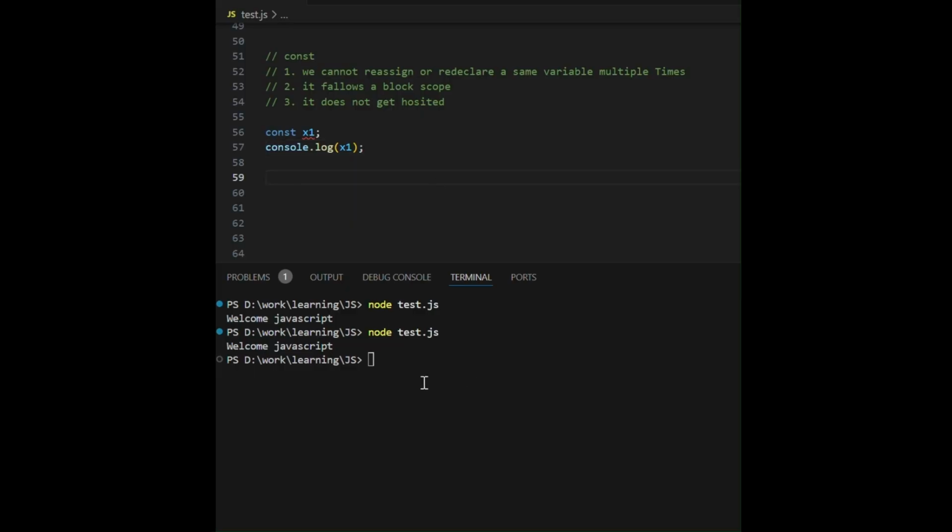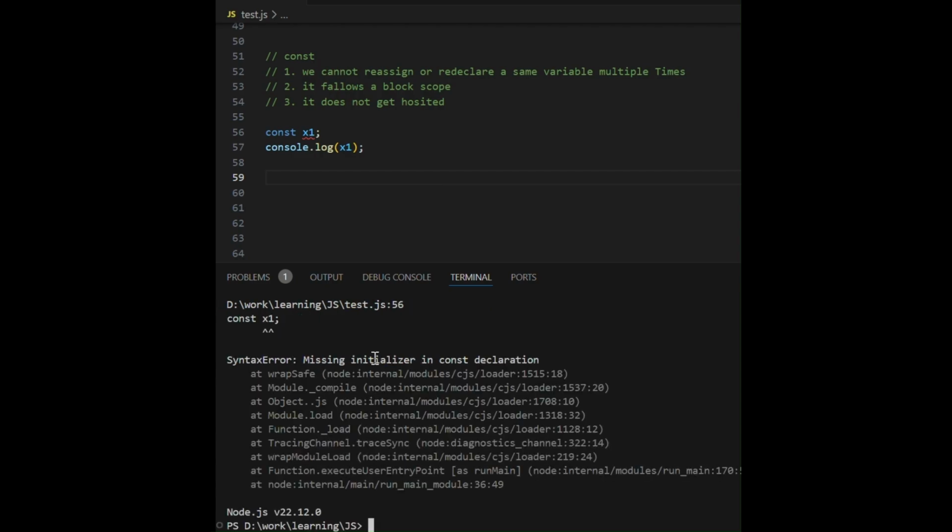Sorry, I need to save the program. My bad. You see, missing initializer in const declaration. So with const, it is mandatory to initialize a variable when you are declaring it. Now let's give a value to the variable.